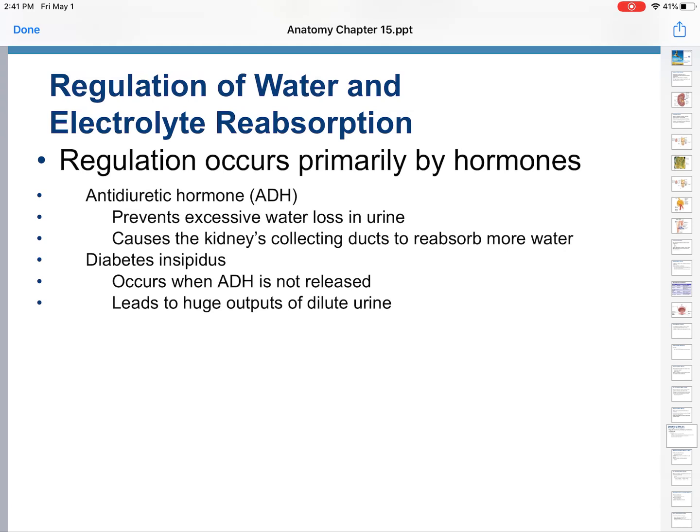If you do not release this ADH hormone, then you have a disease called diabetes insipidus. It is a diabetes, but it is not like the diabetes like the type 1, type 2. That's diabetes mellitus. This is diabetes insipidus. This occurs when you don't release that hormone,